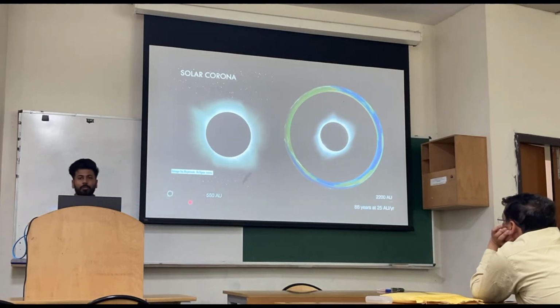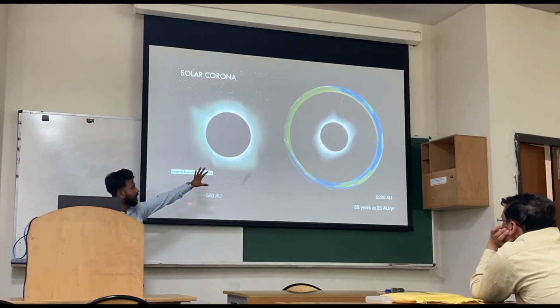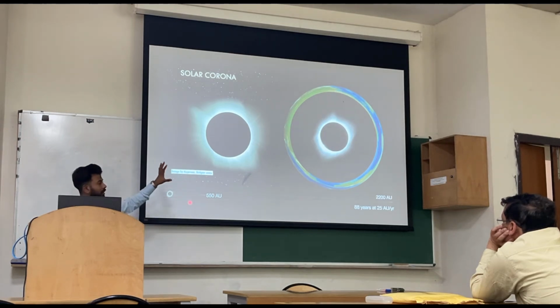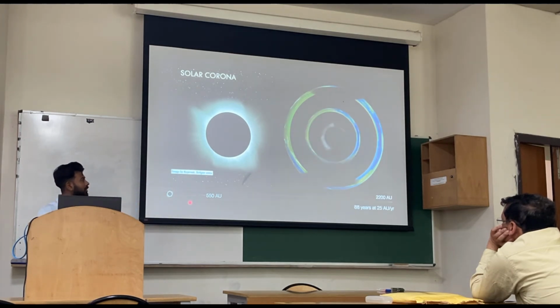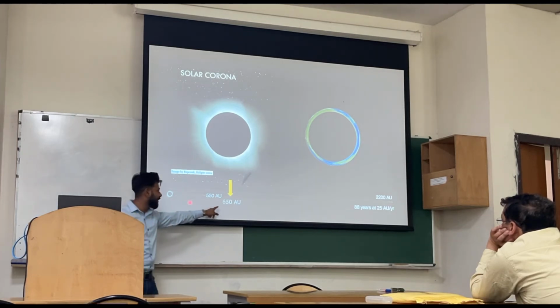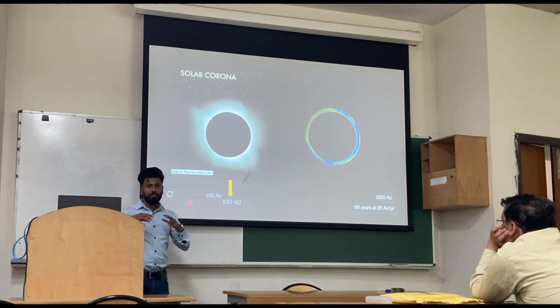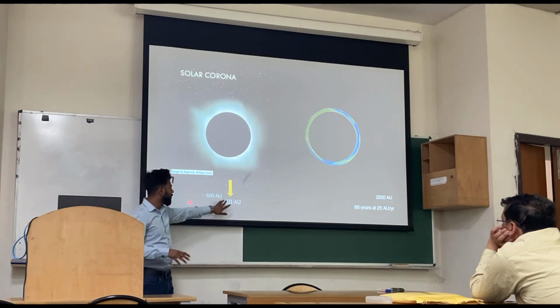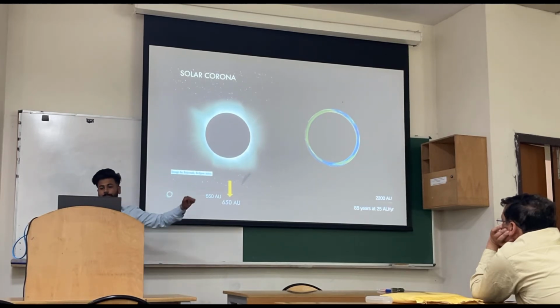For that, I am not going into much detail, but some scientists managed to make a special type of coronagraph which blocks the inner part of the corona also, and so our Einstein ring is reduced to a small location near 658. So now we can take our image from here on.